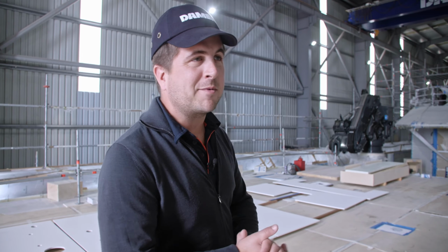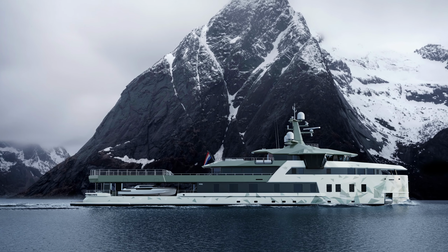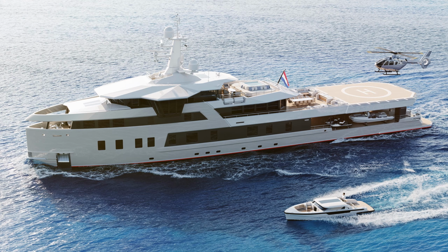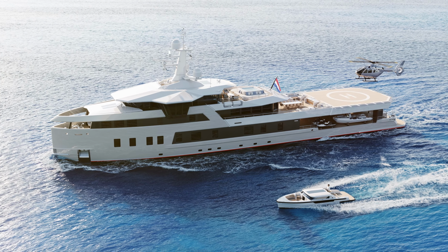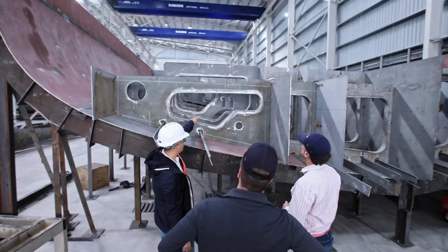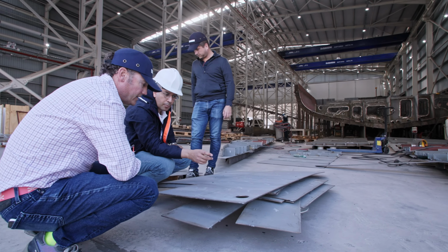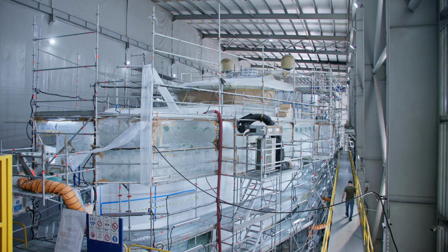Well, to start with, you're coming from the bow. Did you know that the whole of the SeaXplorer series is ice class? So what does ice class mean? Ice class means that all the scantlings and all the construction of the hull are strengthened. In certain areas, the steel plates are thicker, but then in between the frames, you have additional supports, which